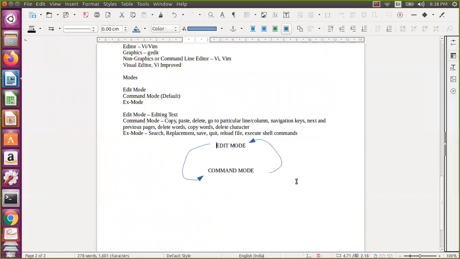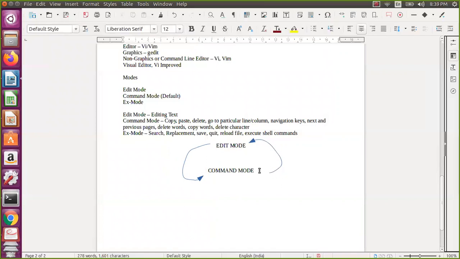So what will you be doing? You are in the default command mode. What will you do to enter into the edit mode? Simple, there are multiple ways of doing it. Either you can say I, and capital I, or A. Why is it giving it like this?